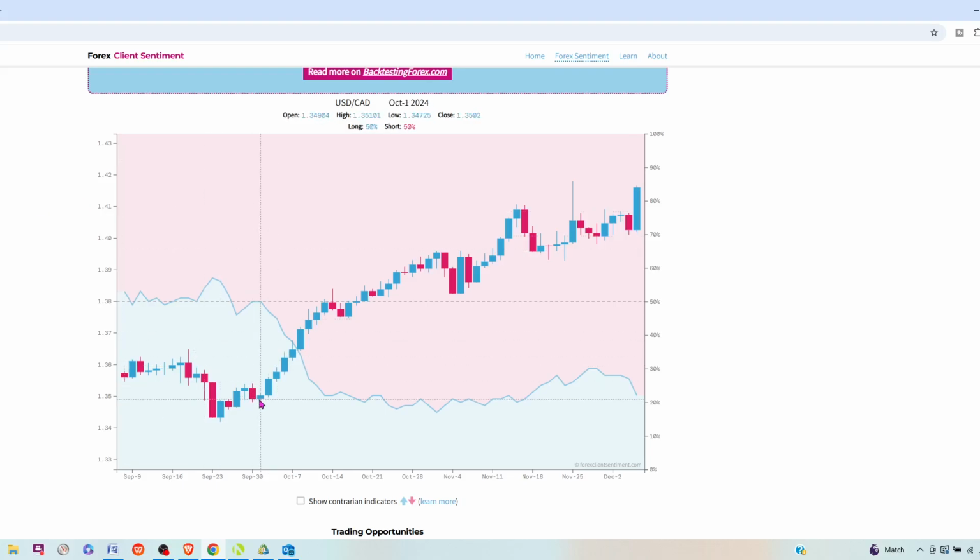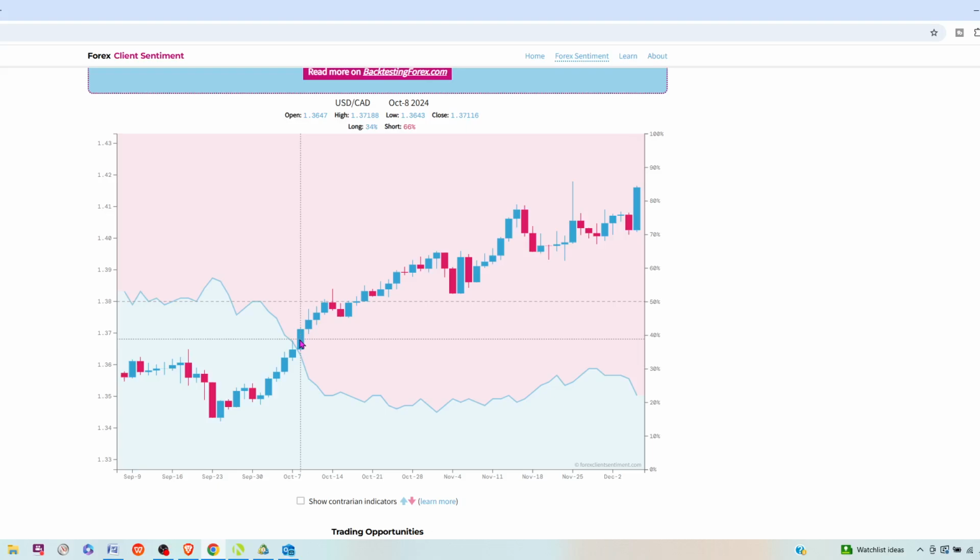So yes, you could do it this way, where as soon as you see one of these crossovers from one color into the next color, and in this case that would have worked out beautifully, but that doesn't always happen. And in this case, it would have actually worked out for two reasons. One, because you can clearly see the price did go higher, but two, at the time when this crossed over, let's look at this candle right here. If we look up at the top here in the long shorts, even at this stage, retail traders were 66% short.